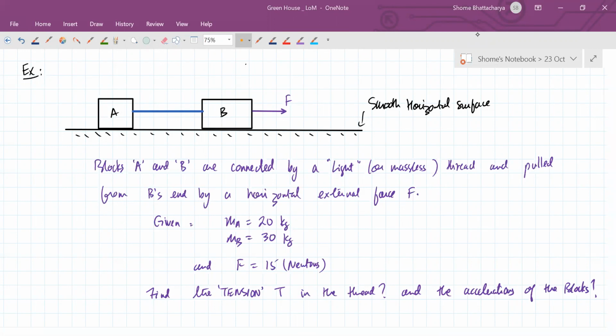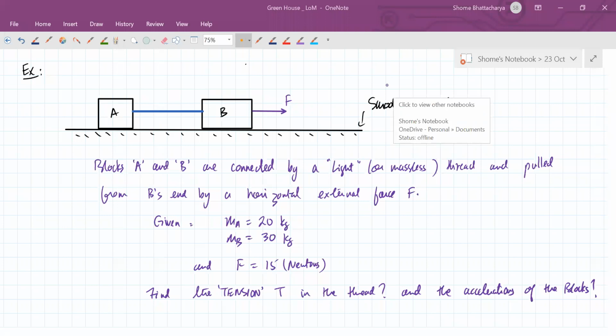There's nothing to get confused. As I said, whenever a thread or rope is in a stretched state, it is being pulled from both the ends with force, it will develop tension. If it is loose, it does not have tension. If it is tight, it has tension. So just imagine that if the thread is forced to be tight, it means that yes, it will have tension. If it is not tight, then no, it will not have tension. As simple as that. Don't have to think anything further in it.